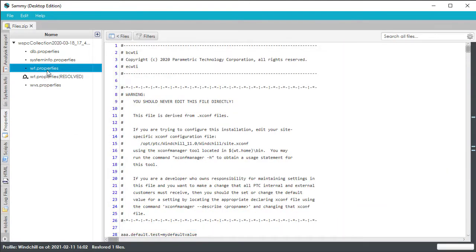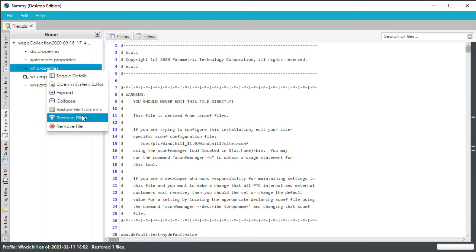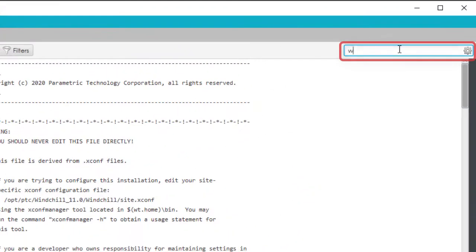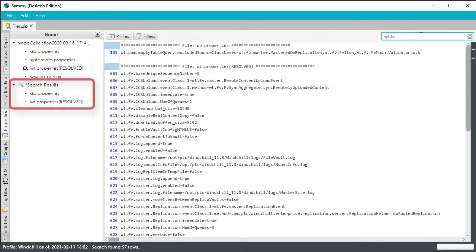Remove filters will clear the filters from that file. You can also remove the file from the display. Note that the file is still kept on disk, so that is untouched. You can also search within the files on the tab, and the results will be shown as their own files